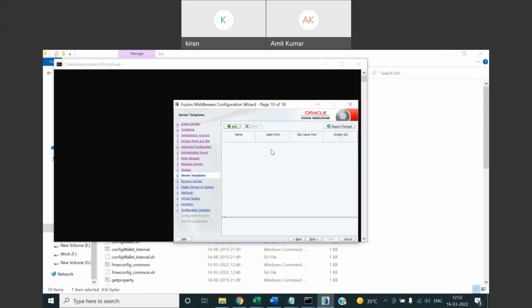Now add a server template. So see, this is one more concept in 12c where you can create a server template. Once you create a server template, using those server templates you can create dynamic servers. What does that mean? Once you have created a template, the same template can be reused and that many servers will be created. To create one template here,